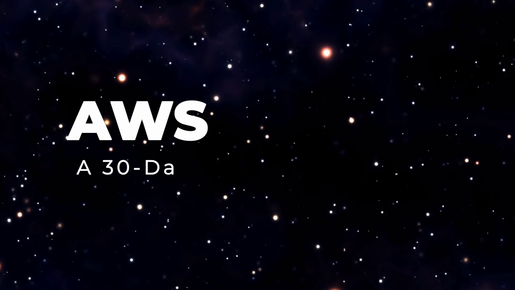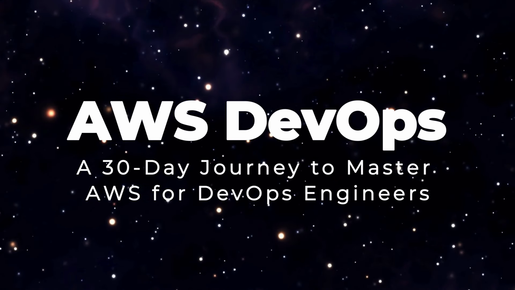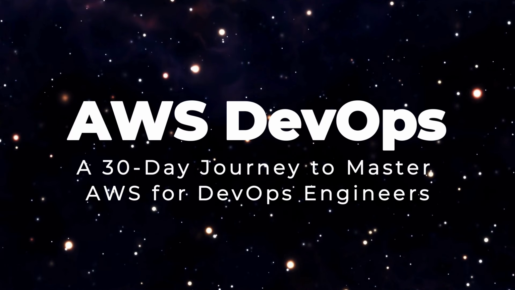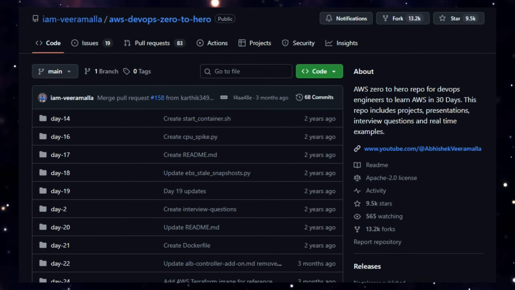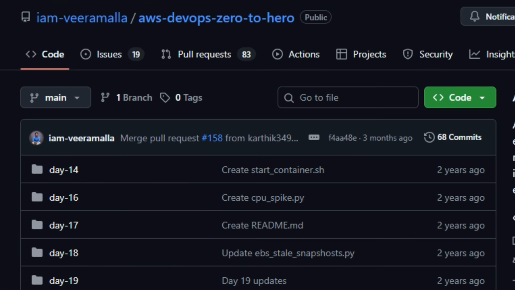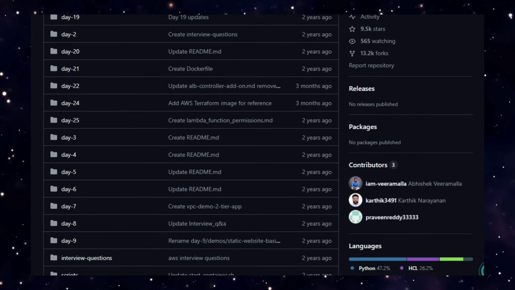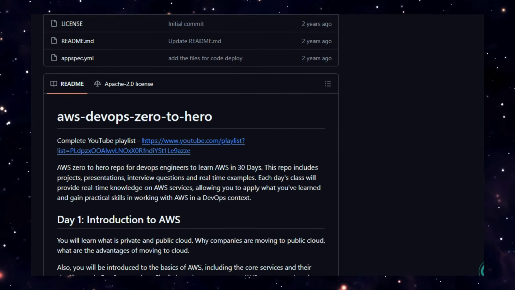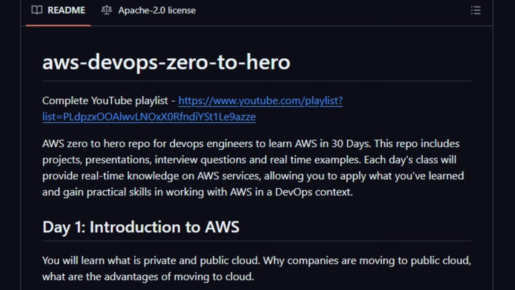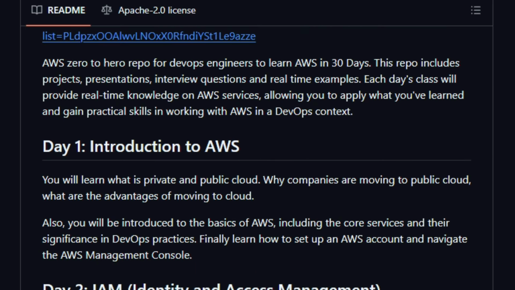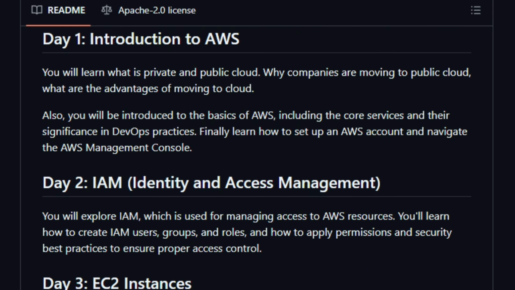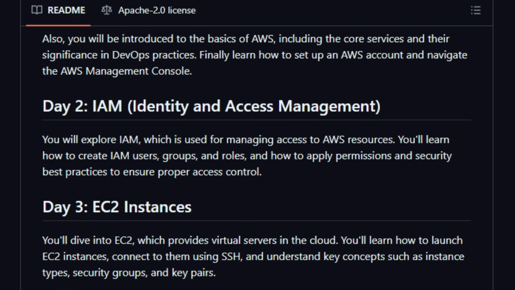Project number 8, AWS DevOps, a 30-day journey to master AWS for DevOps engineers. This tool stands out because it blends structured learning, real-world application, and job readiness into one cohesive roadmap. What makes the AWS DevOps zero-to-hero project unique is the way it transforms a complex, often overwhelming domain into a clear and actionable path. From day one, you're not just watching theory, you're diving into actual projects, hands-on labs, and interview-level preparation. The repository offers real-time examples and interview questions alongside practical projects, which means you're not simply learning services, but